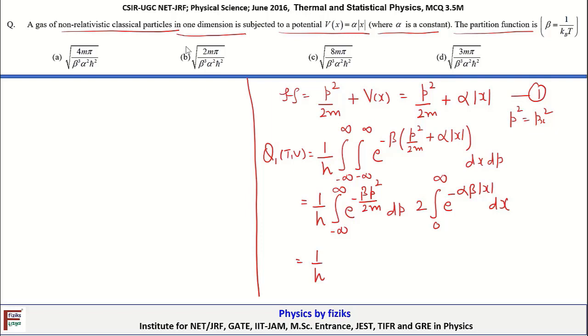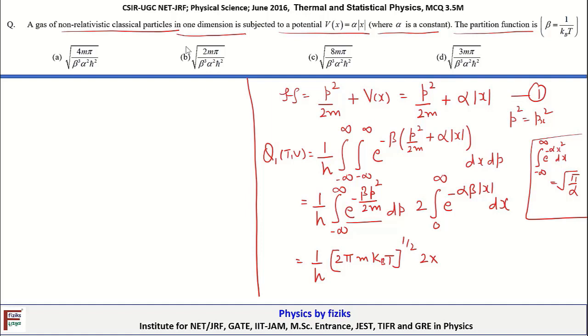Here I'm going to make use of a standard integral result: the integral from minus infinity to infinity of exponential minus alpha x square dx, where alpha is a constant and x is a variable, is equal to under root pi by alpha. In this integral, alpha is beta by 2m, or 1 by 2m kT. So its value, under root pi by alpha, will give us 1 by h times under root 2 pi m kBT, and then 2 times